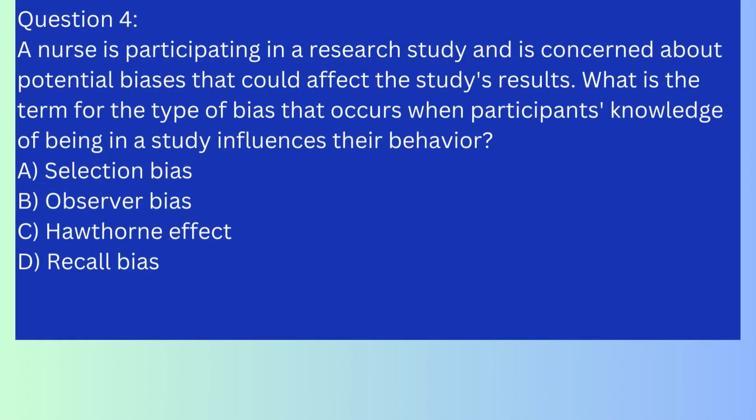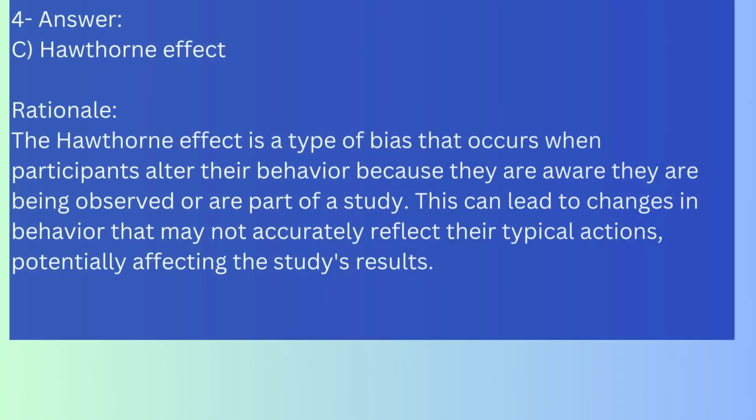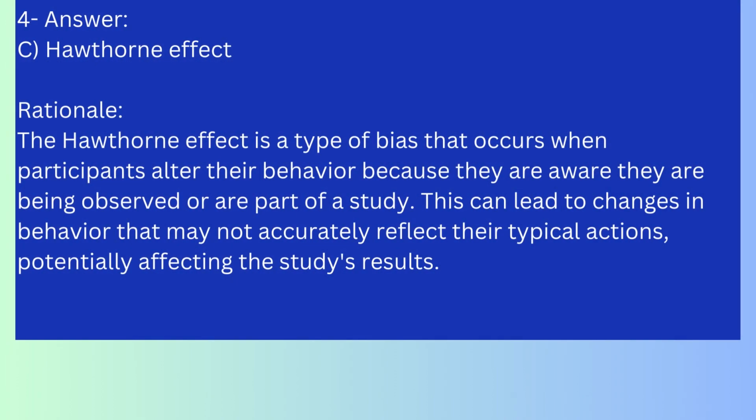Question 4. A nurse is participating in a research study and is concerned about potential biases that could affect the study's results. What is the term for the type of bias that occurs when participants' knowledge of being in a study influences their behavior? A. Selection bias. B. Observer bias. C. Hawthorne effect. D. Recall bias. Answer: C. Hawthorne effect. Rationale: